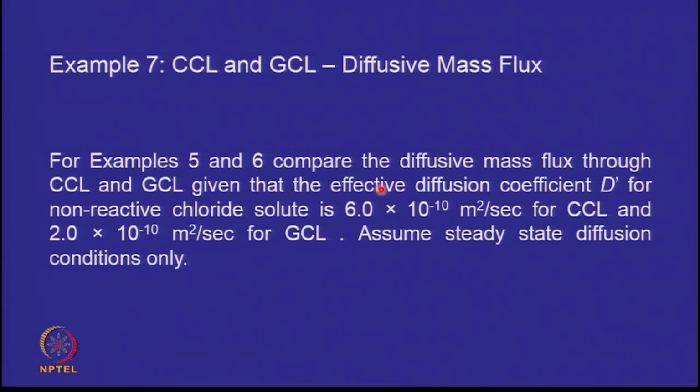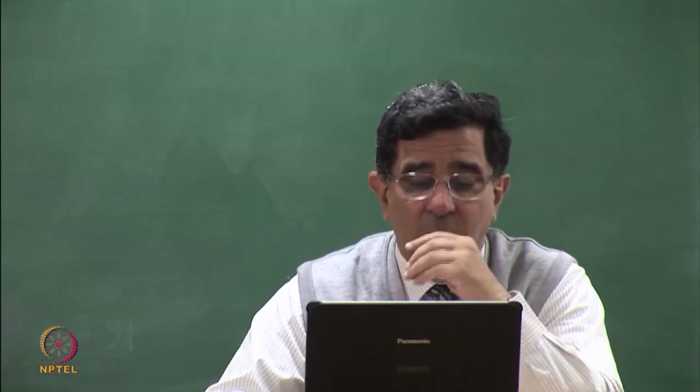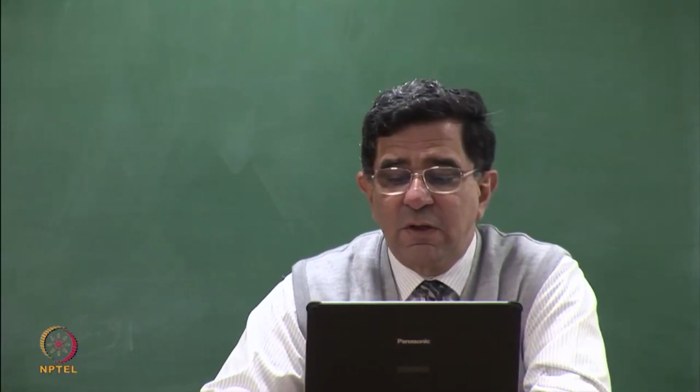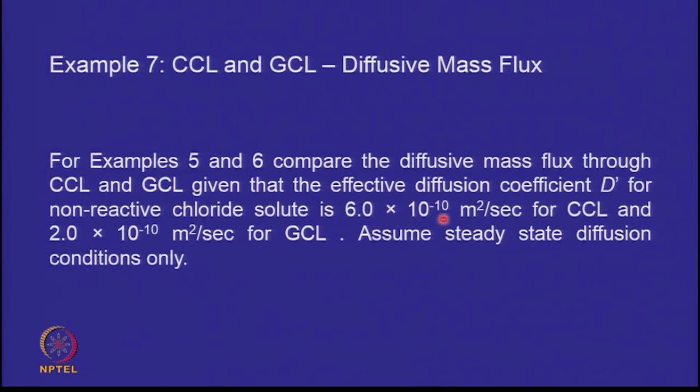So, for the same problem, we are still comparing the CCL with the GCL. We want to find the diffusive mass flux through the CCL and the GCL, given that the effective diffusion coefficient D dash for the non-reactive chloride solute (if it was reactive, it would be attenuated, and therefore it would be a different value altogether) for the CCL is 6 into 10 to the power of minus 10 meters square per second, and for GCL, it is 2 into 10 to the power of minus 10 meters square per second. Please note